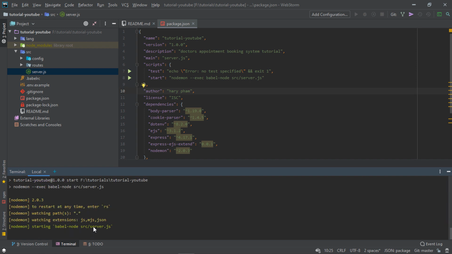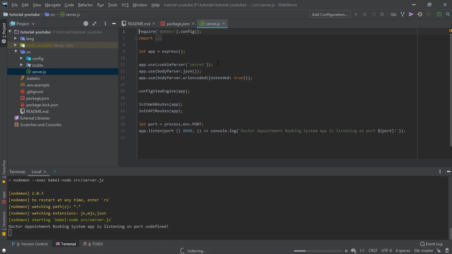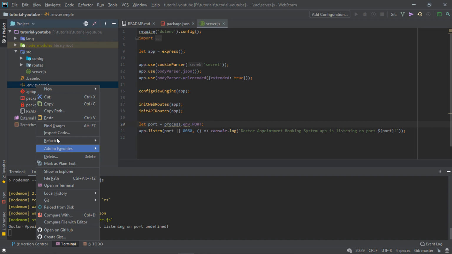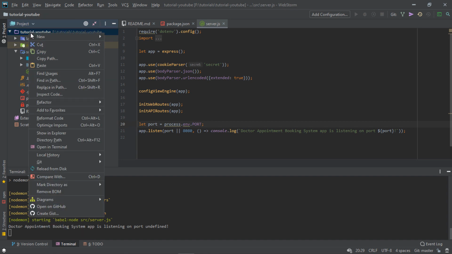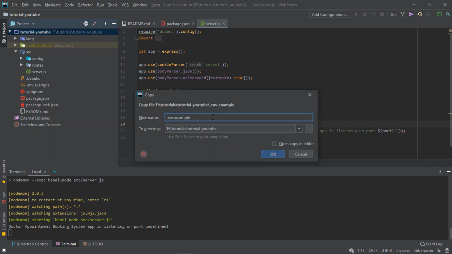So let's see what happened out here. We get an undefined over here, so we have to check what happened. Open the server.js. So it should get the port over here. The reason is it doesn't get the port because we don't have an env file. So what we need to do is paste the environment file over here, and we change the name